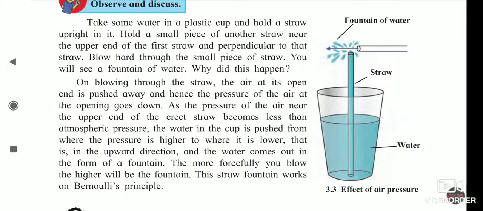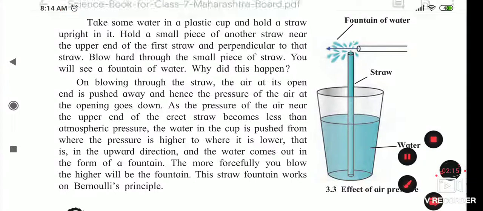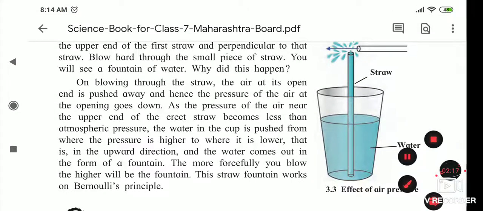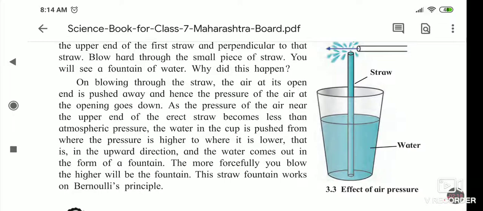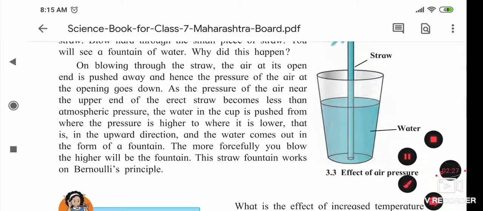Now you saw this experiment on the effect of air pressure, how to make the fountain, and with this we see one more experiment using thermocol pieces. If we keep small thermocol pieces in this glass and do the same thing, then what happens? The small thermocol pieces are also blown out like a fountain. Okay, so what actually happens in it, that we will see now.